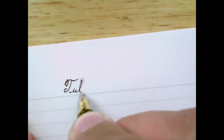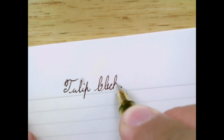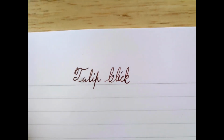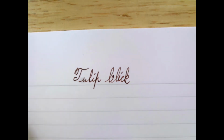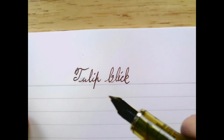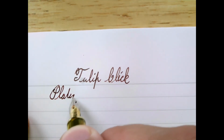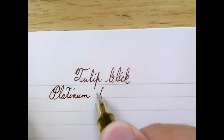So it's a Tulip Click. Not an objectionable nib, not an exciting nib, it just... There, that's better. Just a standard iridium point nib that you see on a lot of lower cost pens. The ink, and the reason, see it's already starting to misalign, the ink and the reason that I need to clean it better this time is it is platinum pigmented